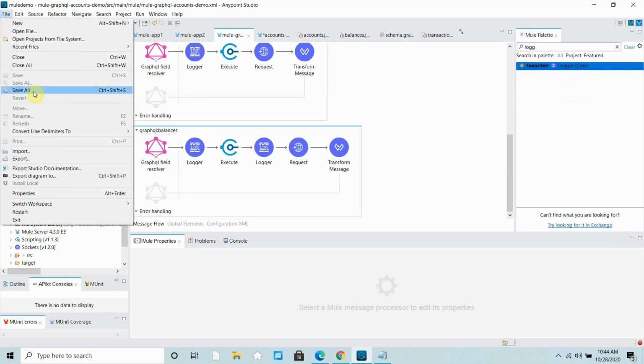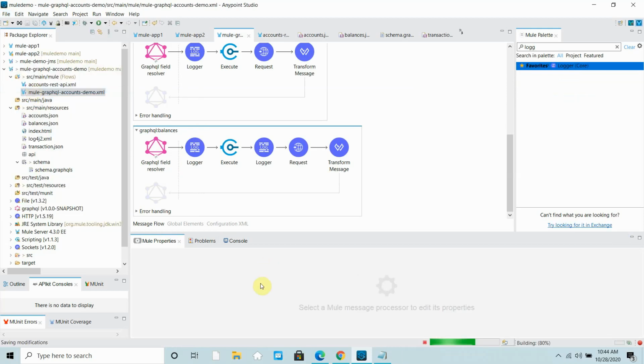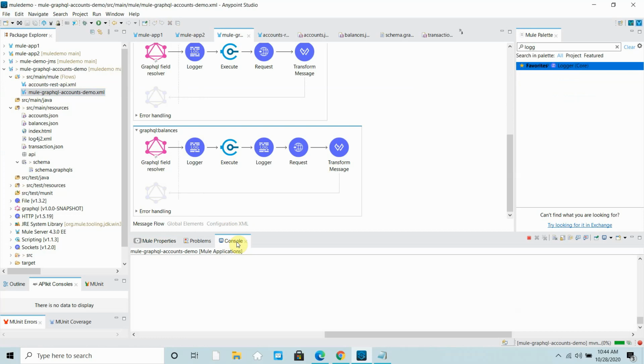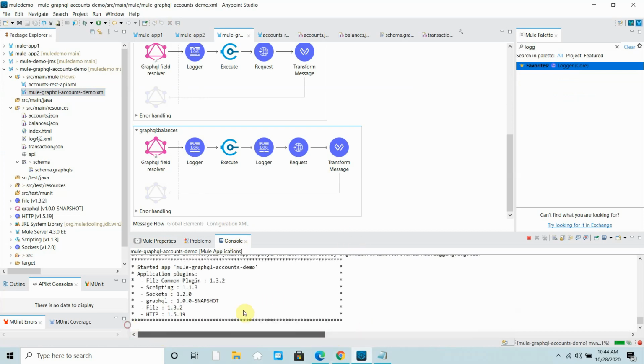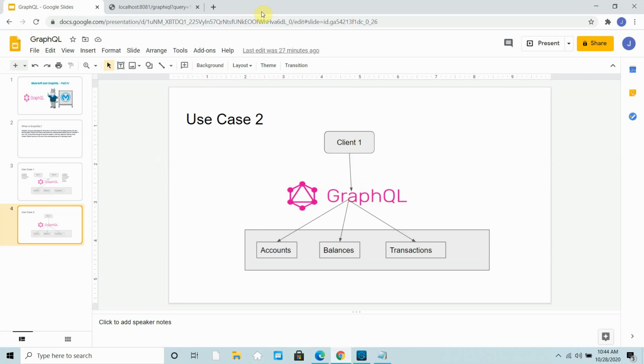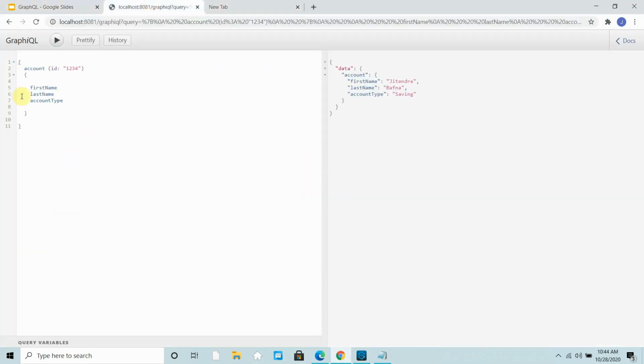You can save everything, go to the console and check whether the API is deployed. Meanwhile, in my GraphiQL you can see I have already defined the balances also. In balances I want balance type and amount.